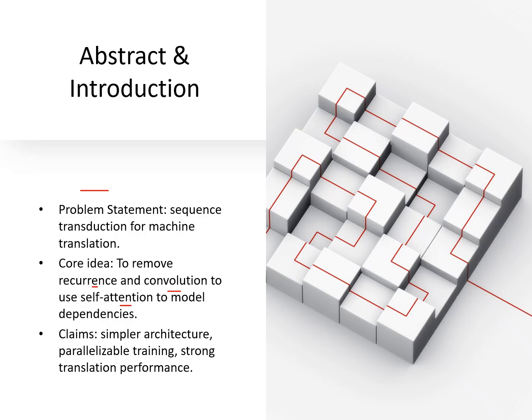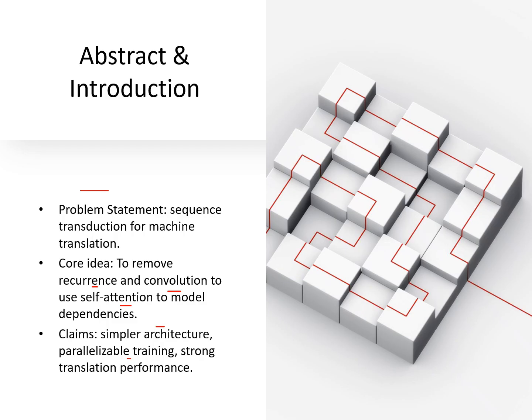This is because previous models usually used self-attention with convolution layers or recurrent neural networks. However, the goal of this paper is to eliminate the need of recurrent neural networks or convolution layers and use only attention layers. And the paper claims to have achieved a simpler architecture which enables parallelizable training and a strong